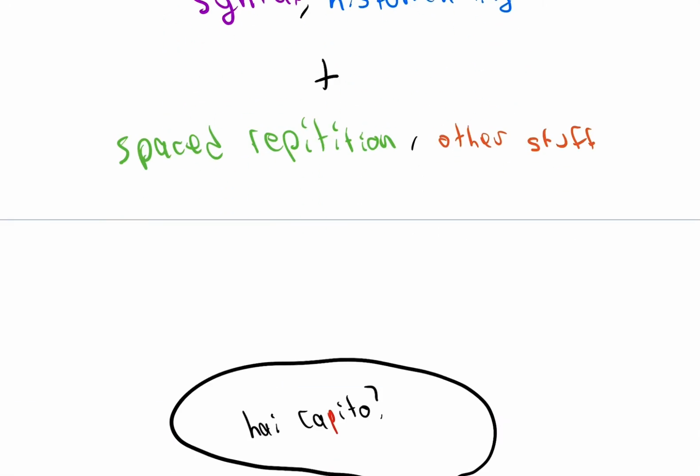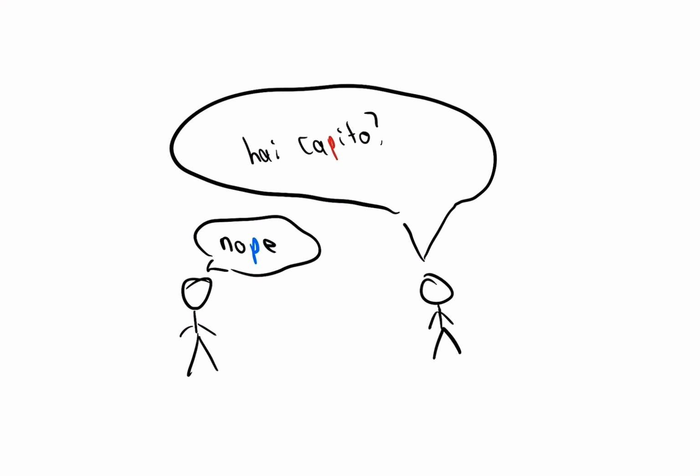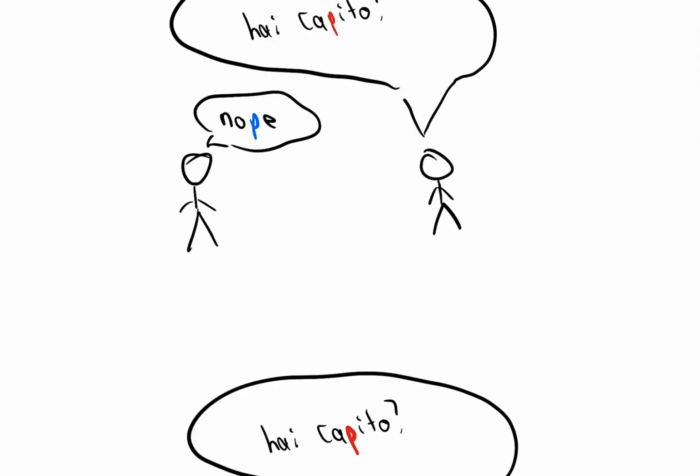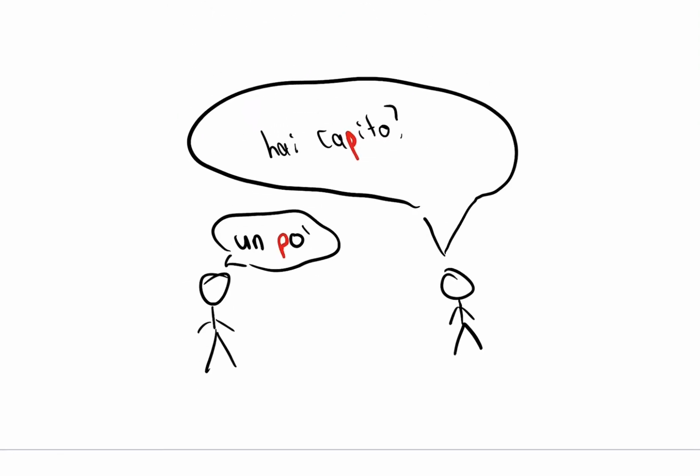Here's a good example. Let's say a student is learning Italian, and they're having trouble with listening comprehension. If they had a basic understanding of phonology, they'd understand that the P in Italian and the P in English aren't the same, and that there's other things that could be confusing them. Even just being aware of this helped me immensely when I was learning.